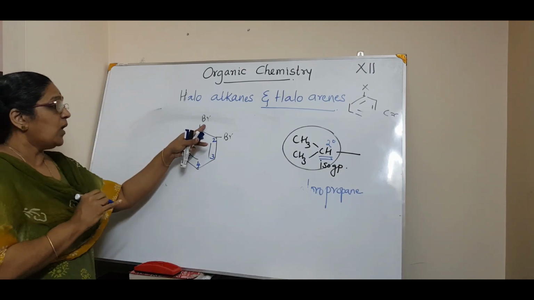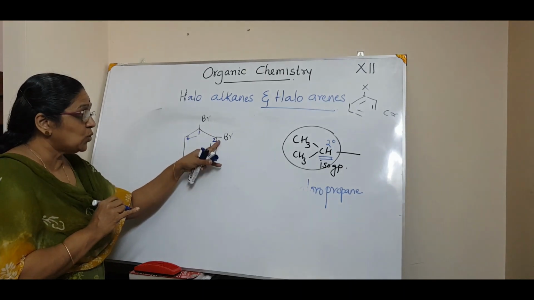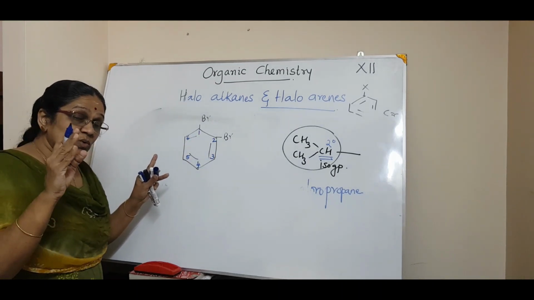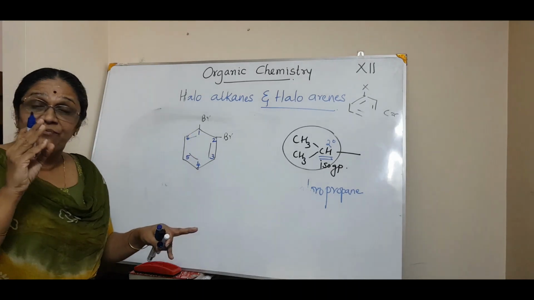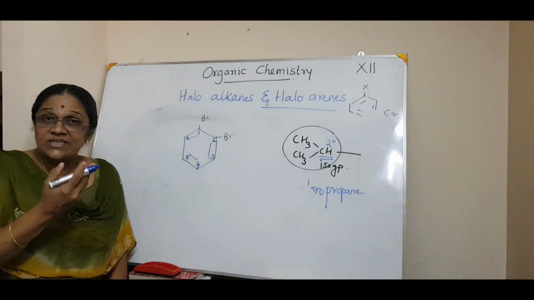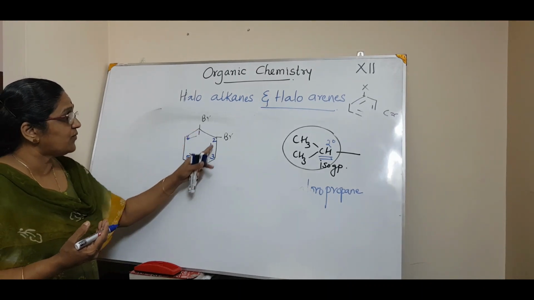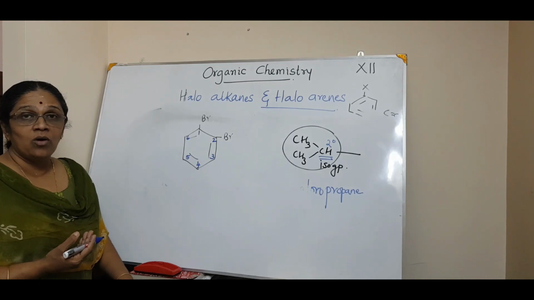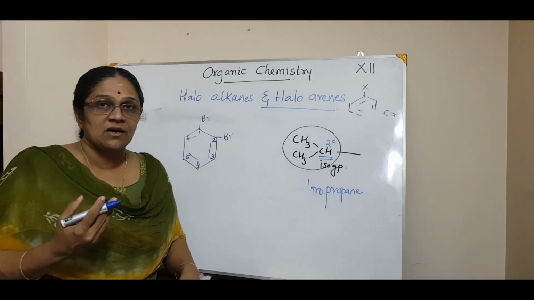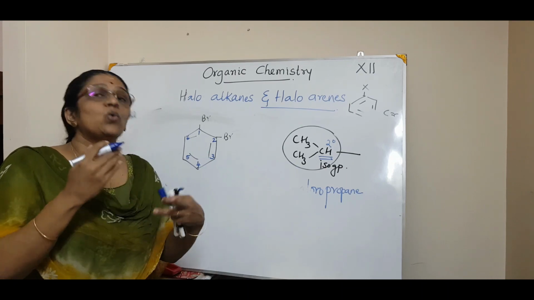So you will write 1,2-dibromo. Listen. 1, 2. Because with only one bromine, it is by default number 1. But if two bromines are there, then you have to specify the position where the halogen atom is attached. Otherwise, how will you know which carbon atom it is attached to? If I number like this, 1, 2, 3, 4, 5, 6, I can write 1,6-dibromo. But it is not accepted. Why? Because the halogen atoms must get the lowest numbers. So you have to number accordingly. That is the rule for the nomenclature.